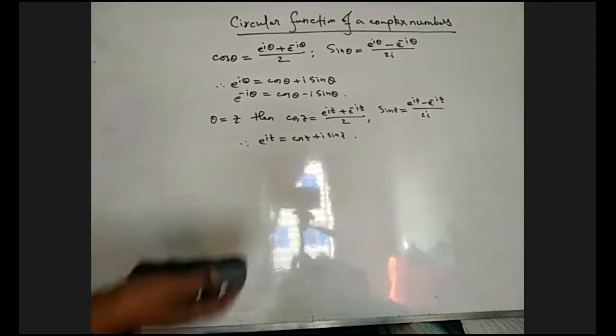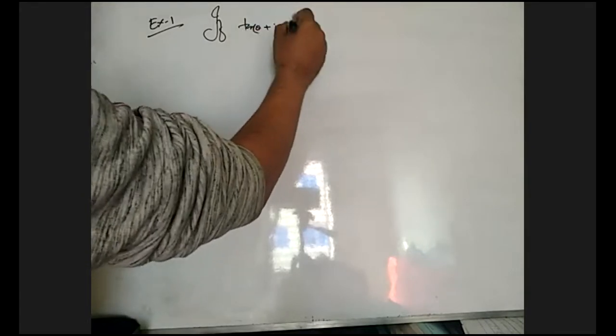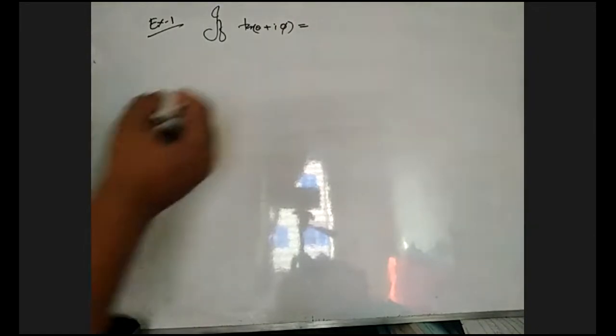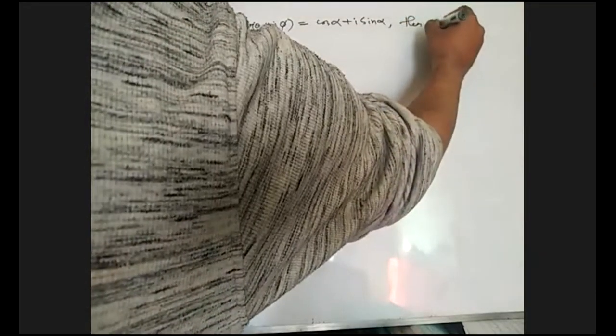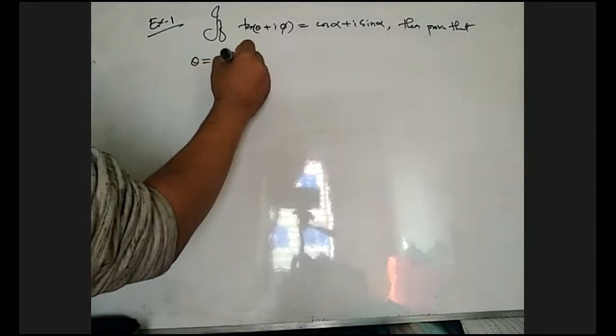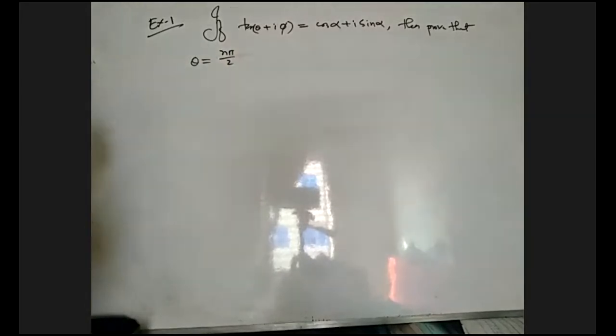Now we'll try an example. Example 1. If tan of theta plus i psi equals cos alpha plus i sin alpha, then prove that theta equals n pi by 2 plus pi by 4